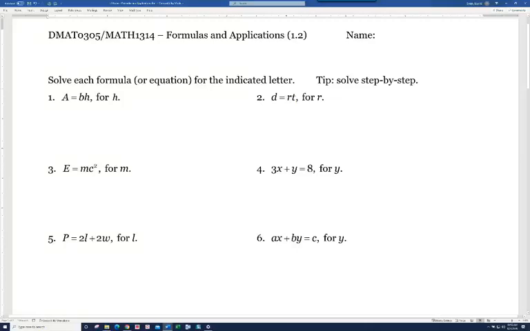Alright, in this video I'll be discussing formulas and applications. Actually, we have just one application. So here it says solve each formula or equation for the indicated letter. It says tip, solve step by step. Sometimes students try to do too many steps in one, so I just encourage you to take it step by